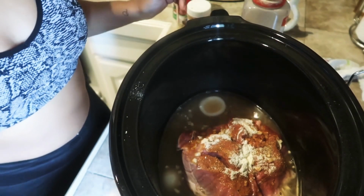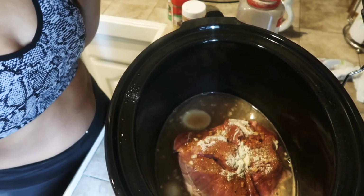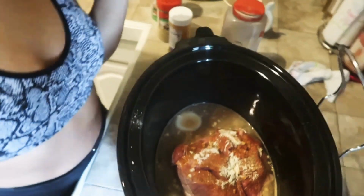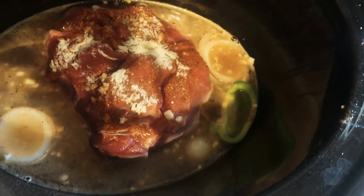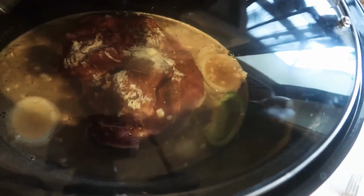All right, let me get you guys a better look, and I'm gonna put the lid on, and then we'll come back in a couple hours, check our meat, see how it's doing. So let me show y'all. This is what it should look like in the crock pot, like a whole bunch of water and seasoning, basically. So we're gonna prop our lid on there,